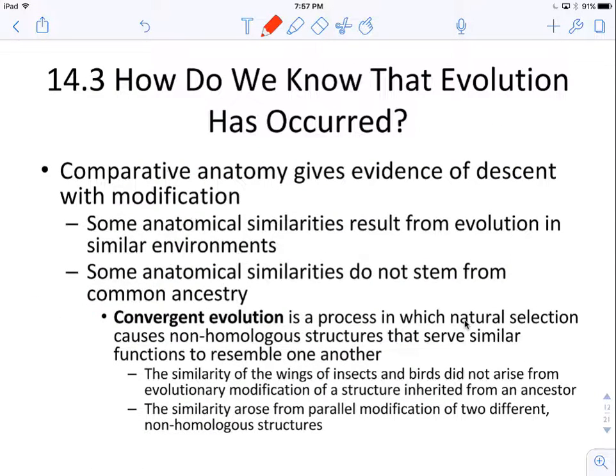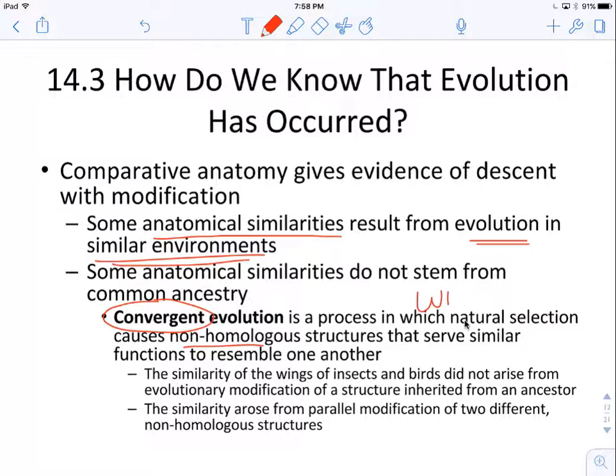All right. And the last part of comparative anatomy we're going to look at is, so again, for our descent with modification, sometimes we have anatomical similarities that result from evolving or living in the same environment. Okay. But those anatomical similarities don't always stem from common ancestry. And this is what we call convergent evolution, when natural selection causes non-homologous structures that serve similar functions to resemble one another. So if you think about things that live in the air, okay,